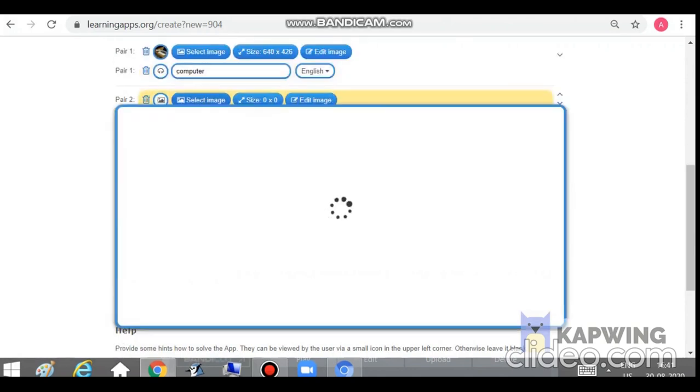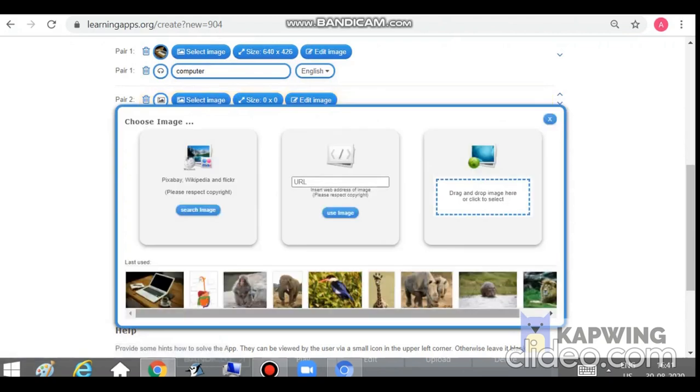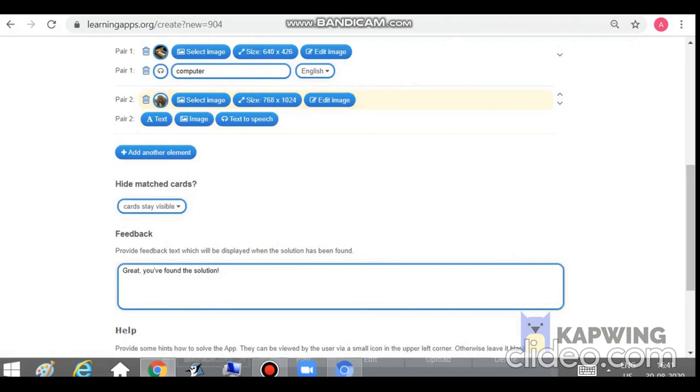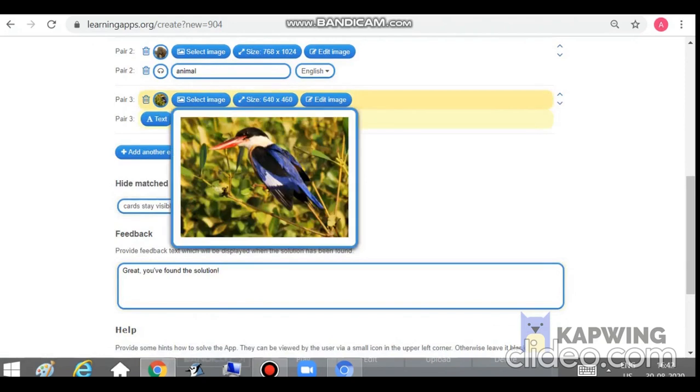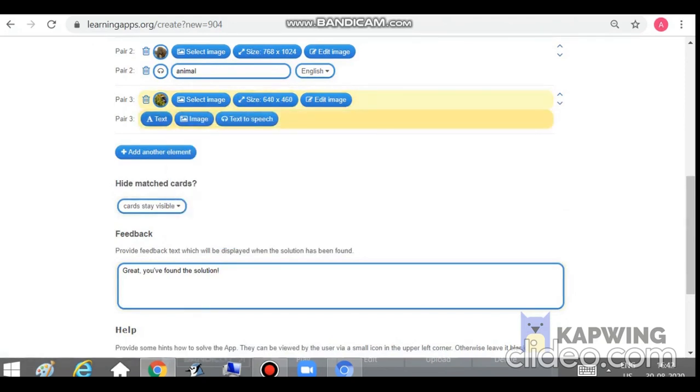Now I am adding another element, image. And now I am searching for, okay, let it be elephant. Okay, this is elephant. Now text to speech. Animal, or even you can type the word elephant. Then add another element, image. Okay, it's already done. Then the second part, of course, you can give another matching image or a matching text or